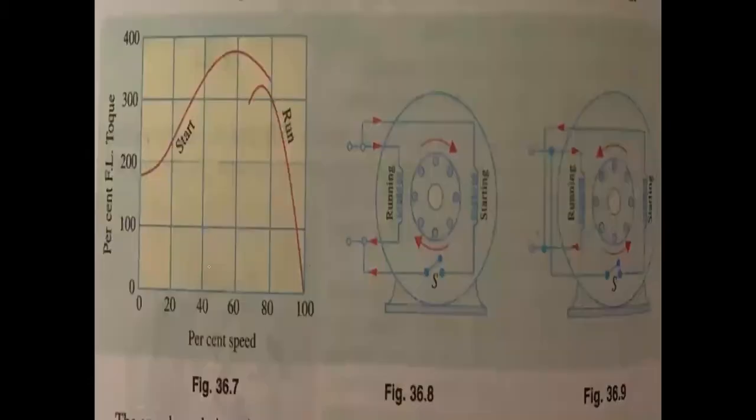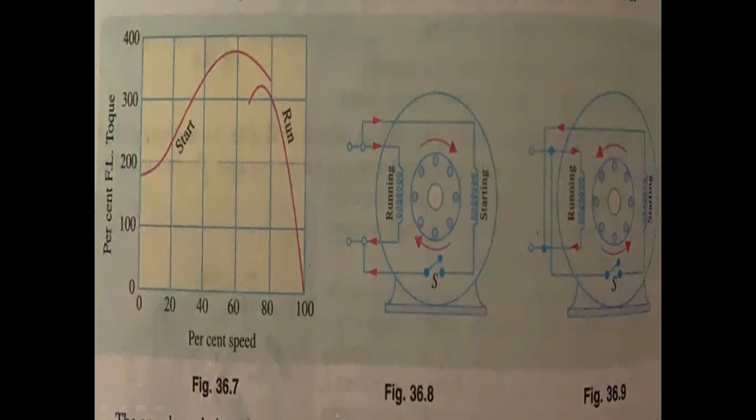In the next figure, I am showing you the torque characteristics. These are the torque speed characteristics of such a motor, what I have explained till now. As seen, the starting torque is 150 to 200% of the full load torque, and the starting current is 6 to 8 times the full load current. Because of this, they are often used in costlier capacitor start motors.